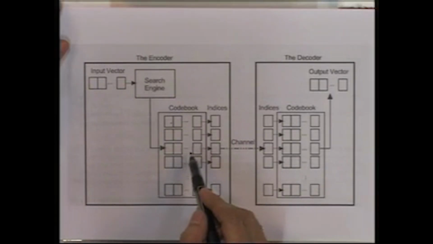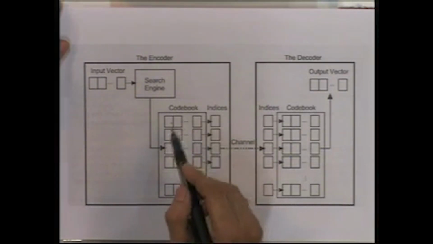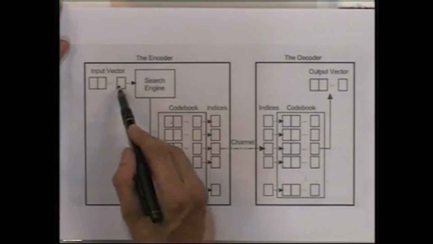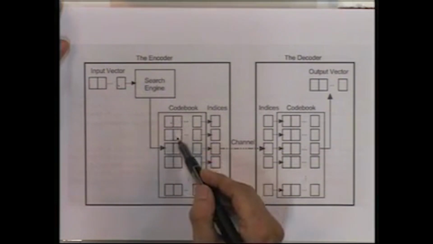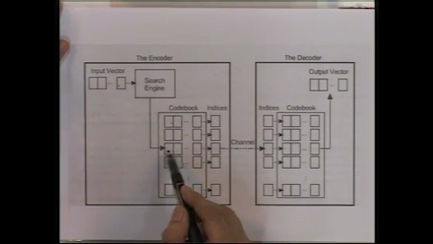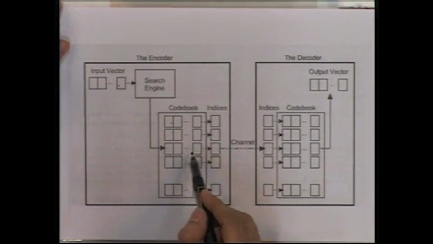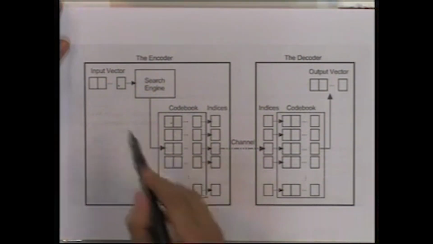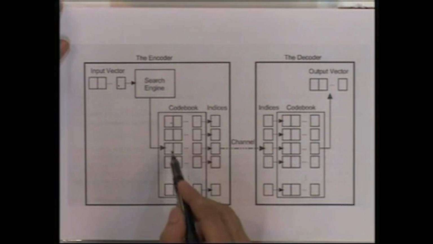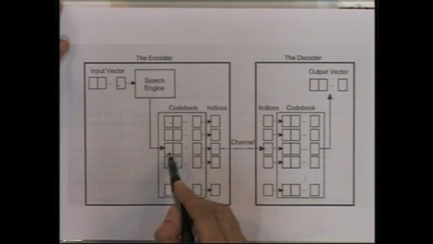In this case, the closeness is found by evaluating the Euclidean distance between the input vector and each code vector or code word of the code book. The elements of this code word are the quantized values of the source input. Once the closest code word is found,